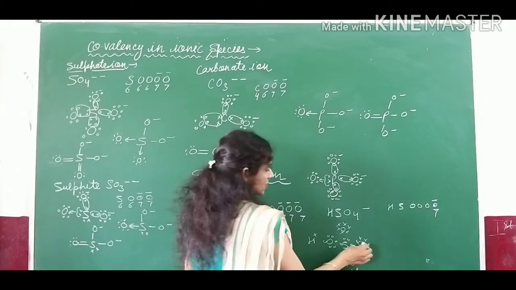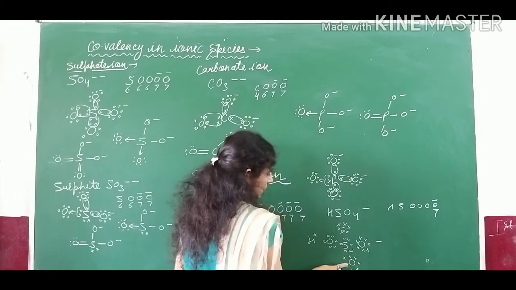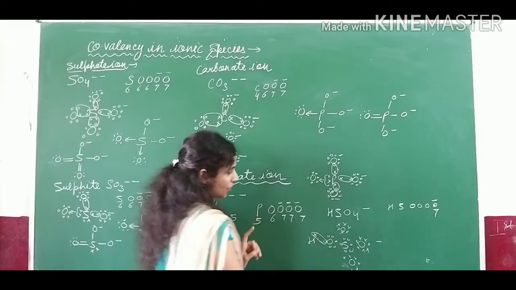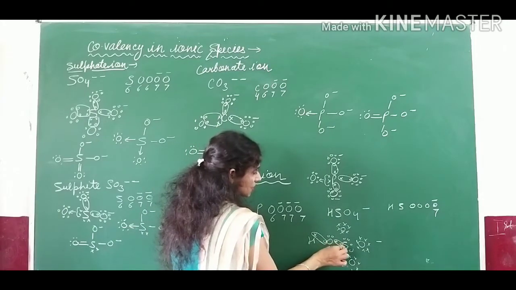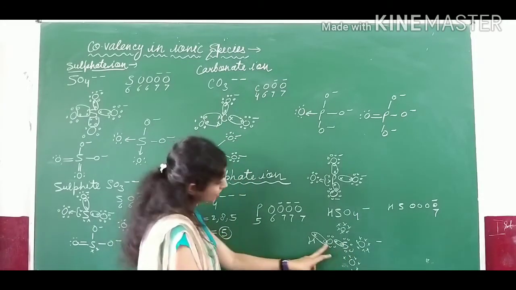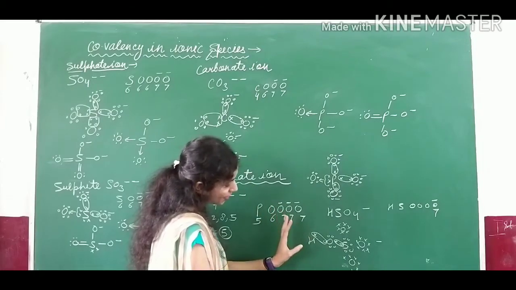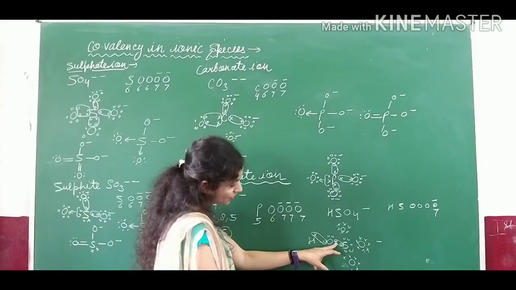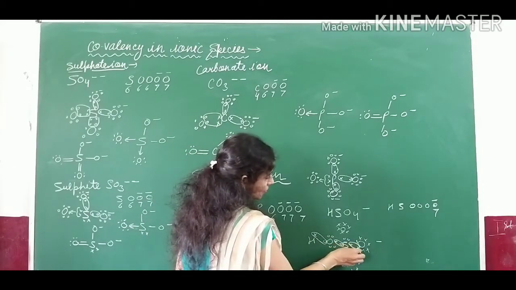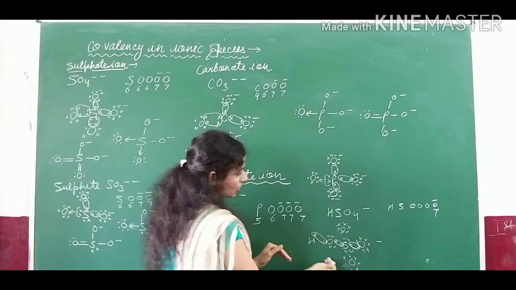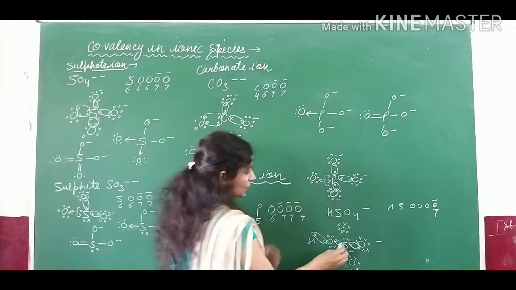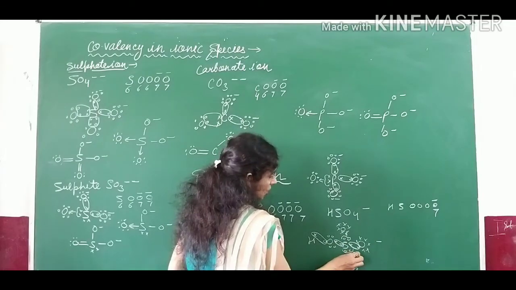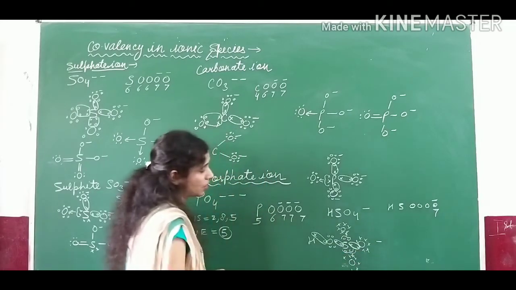So suppose this we have mentioned is 7 electrons and this is 7. This will complete its octet by the sharing of 1 electron. This will share with this. Okay. The octet of this oxygen is completed. The duplet of this hydrogen is completed. Sulfur is having 6 electrons. 1 it has shared with this oxygen and 1 it will share with this oxygen. So this portion has completed its octet. So what will happen in these two cases with these two oxygens? Either the dative bond will form, or you can show there the formation of a double bond.